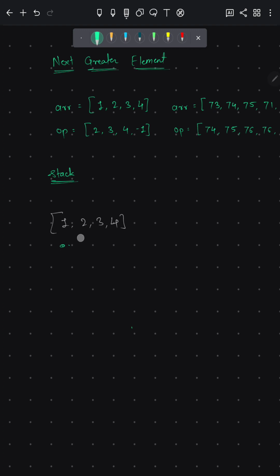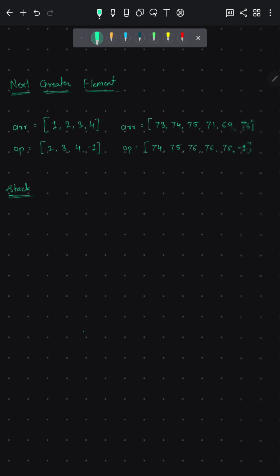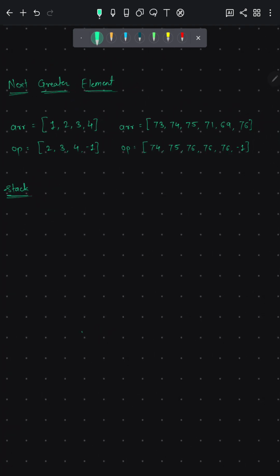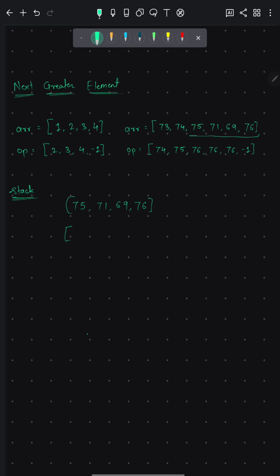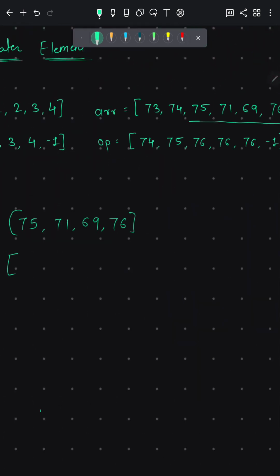Let's suppose there is an array like this. We will just take a small sub array of this as an example: 75, 71, 69, and 76. This would be a good example for us at the beginning, so we can explain it better.